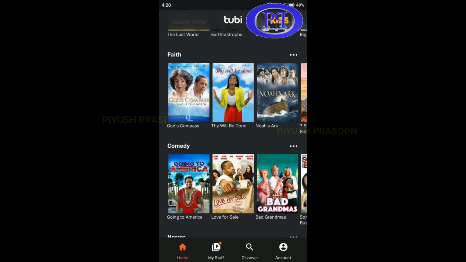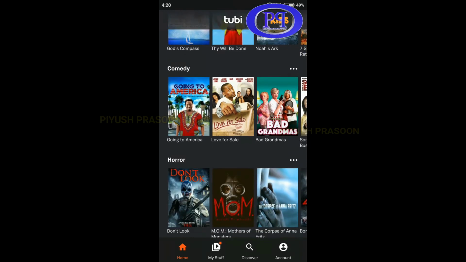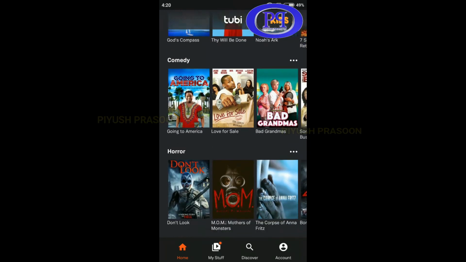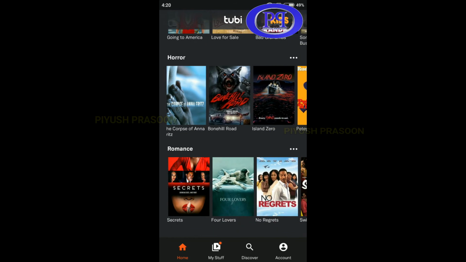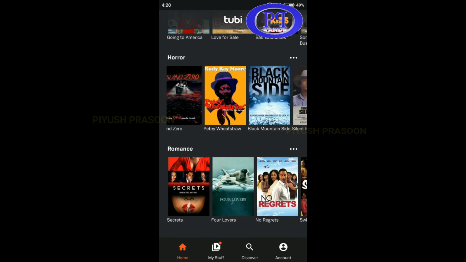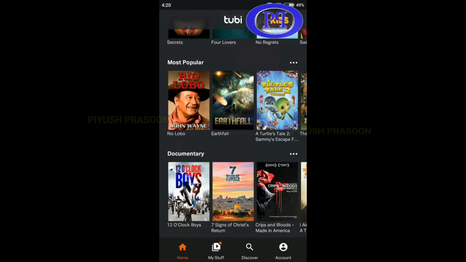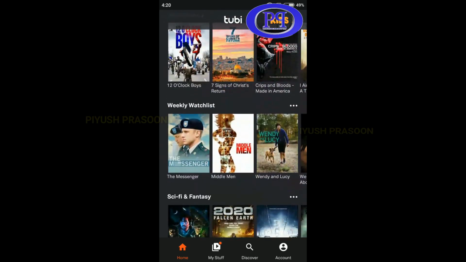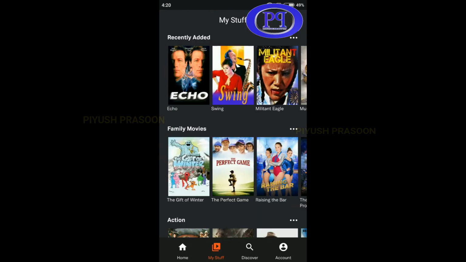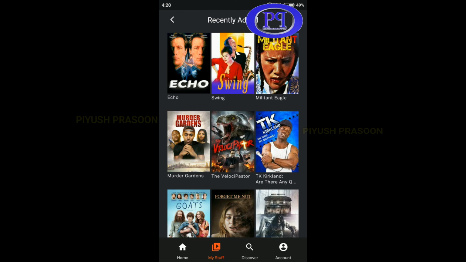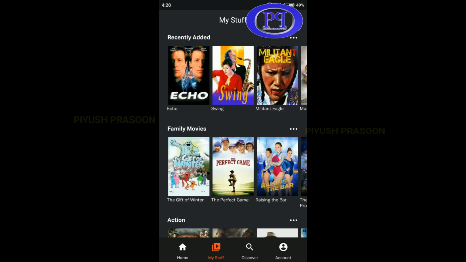So that's why this app is not verified from Google Play Store, as this is giving free movies. So it might not be fulfilling the Google policy. I don't know whether this app is showing the latest movies, but it has a hell of a lot of movies inside it. So you better be careful while using this type of app on your mobile phone,